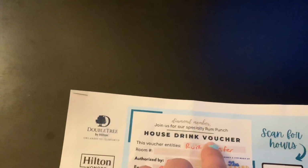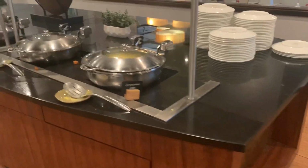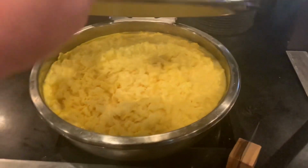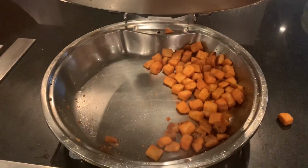We got a house drink voucher. We're gonna use that now, and 2 bottles of water. Okay, so we're gonna go get this now. Every morning they have free continental breakfast, or well, free for the diamond members, and there's a price for this, so you don't have to necessarily be a diamond member, but